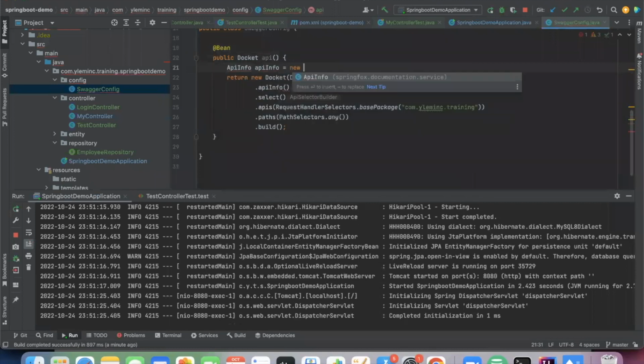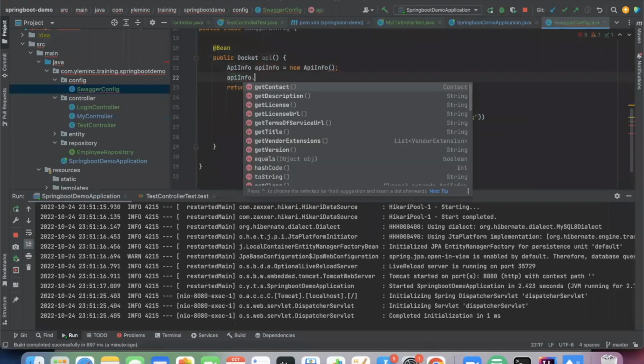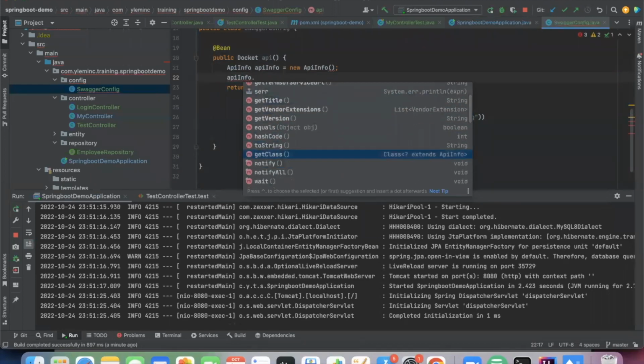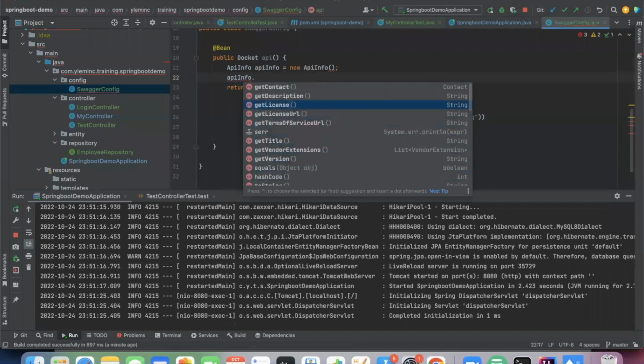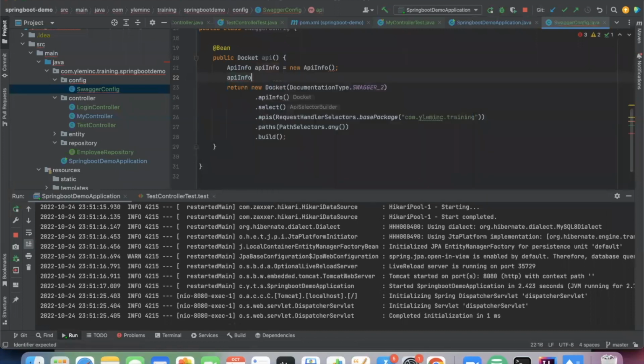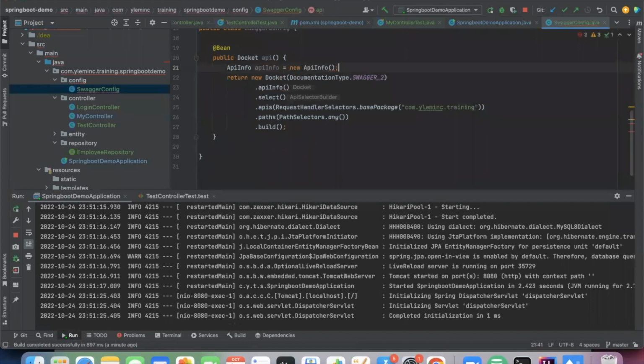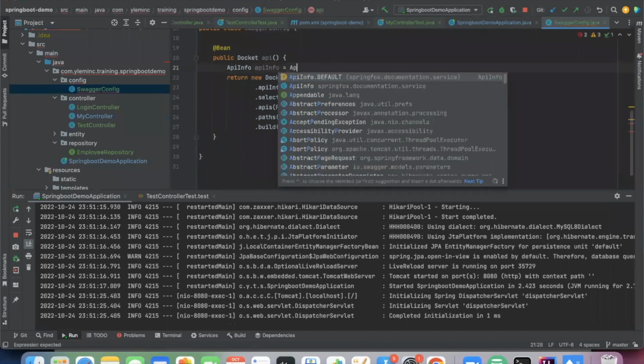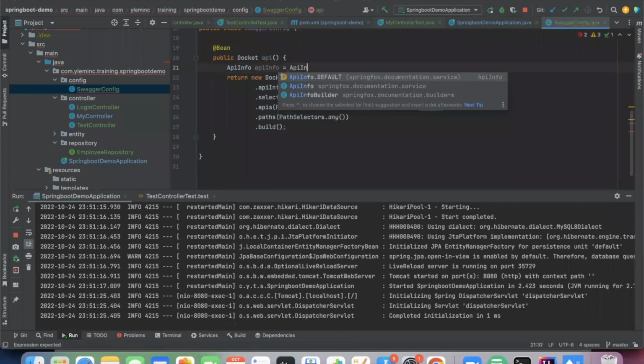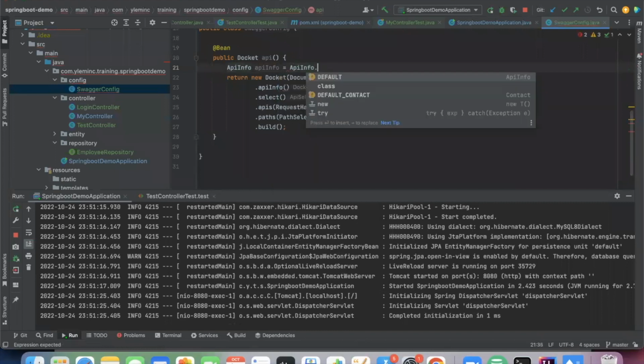API info equals new API info. API info dot, is it just a setter or builder? I think it is a builder. API info dot